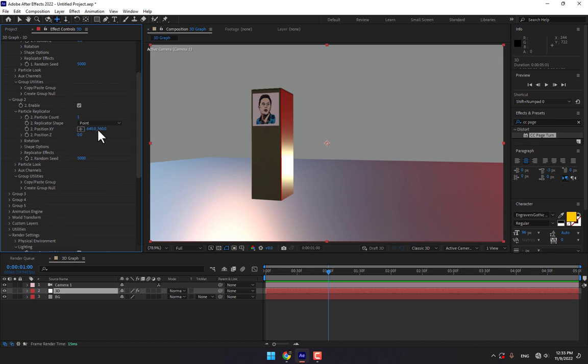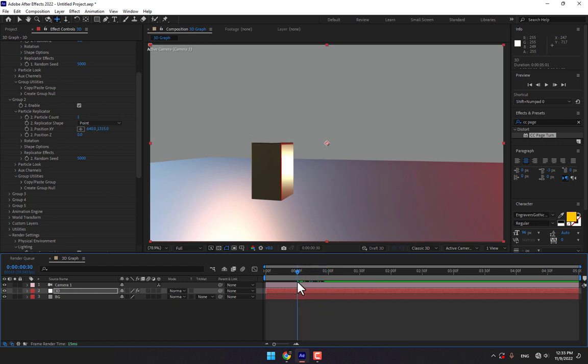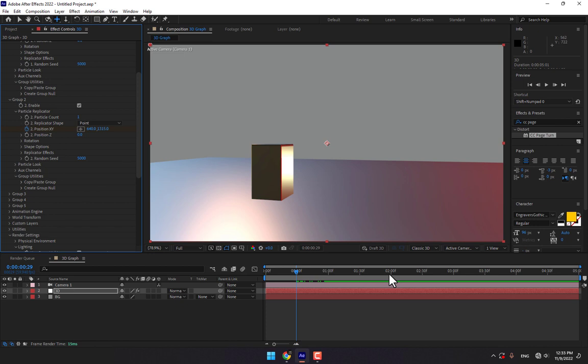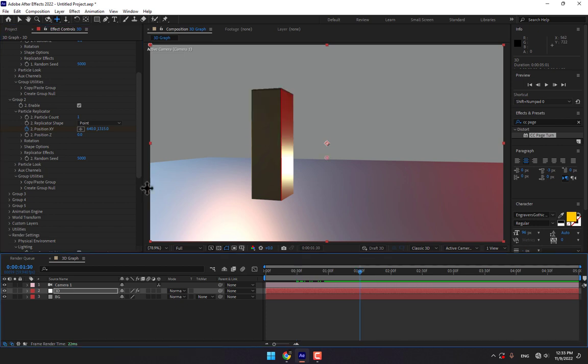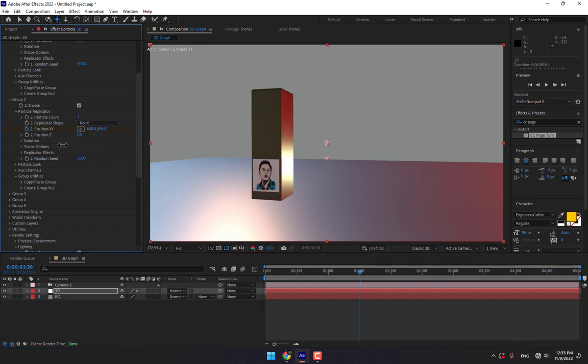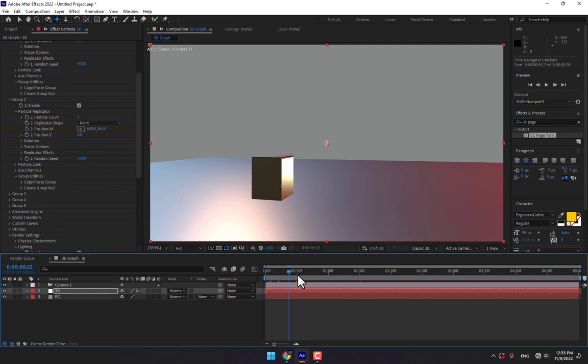And move the picture from down, stopwatch, go to 1 second 30 frames, move it up like this. Play now. Here is